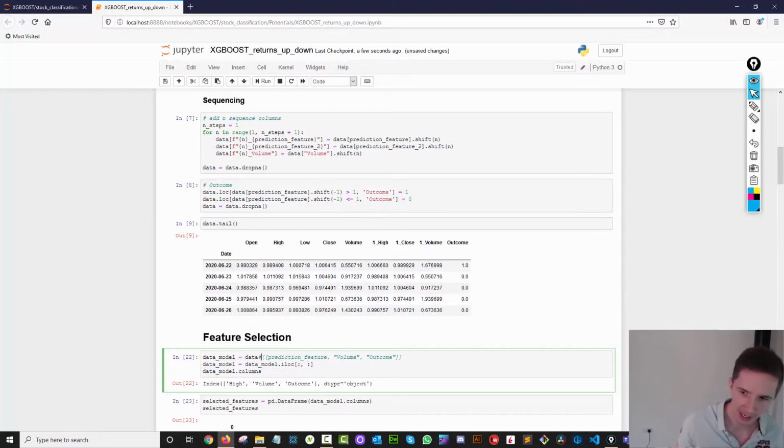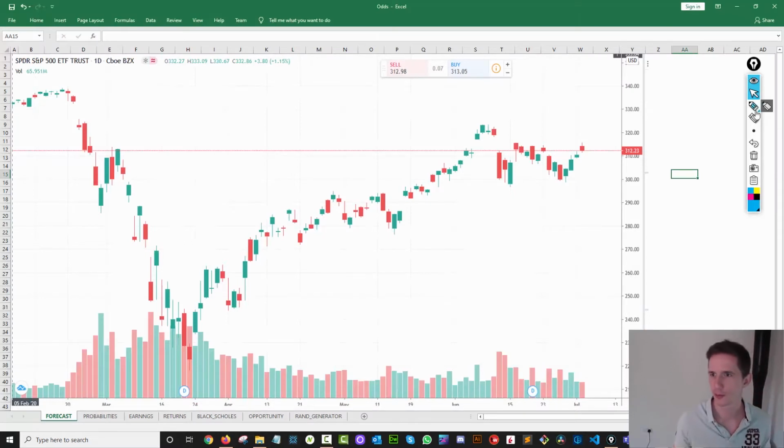Let me explain. So if we go over here to this SPY chart, and I look at, say, this day to this day. So this day our close was over here, and the following day the close was up here. So the return was up a fair amount compared close to close. For example, if I looked at this day to this day, there's the close, the return was this amount. So let's tell it, for example, if I'm looking at today, here was my close to close.